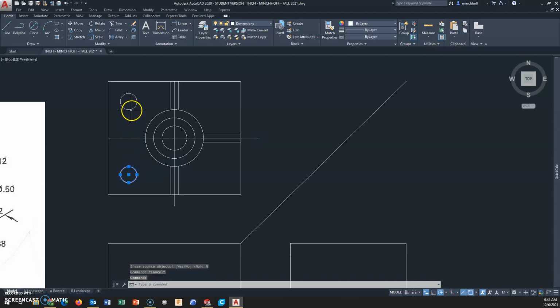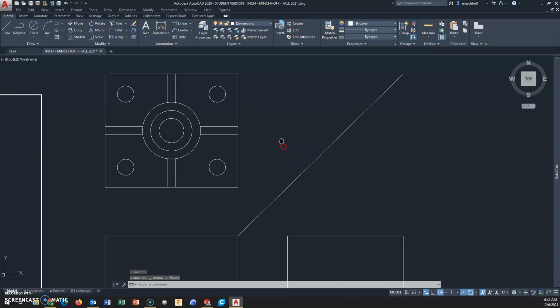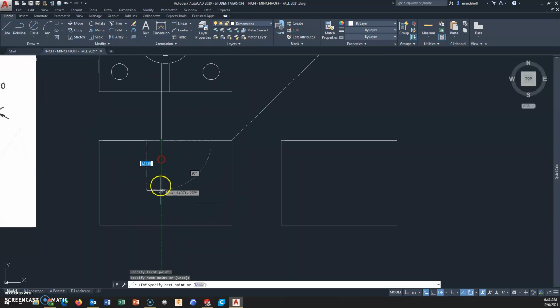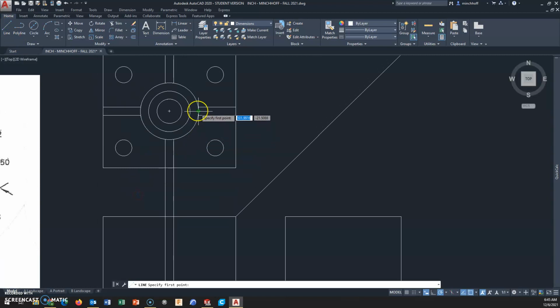Now I can take both of these holes and then mirror them. You could do this in either direction, top to bottom, left to right. Oh, I said I was going to mirror this too. I'm just going to get rid of my construction lines, and at this point, other than center marks, my top view is complete. So project this information down. I do have this rib. I have the cylinder,